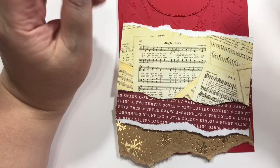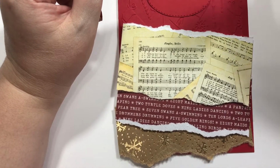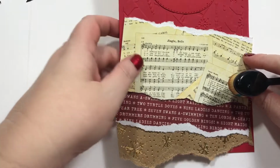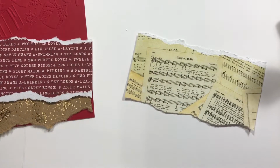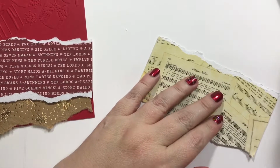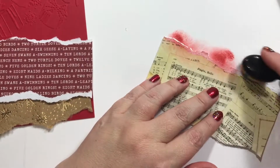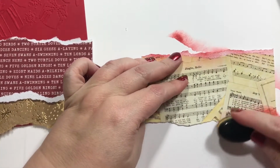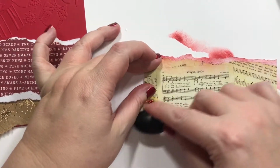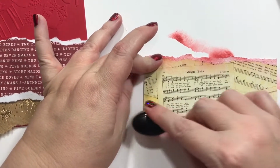All right, so I've already been working on these cards, and I just thought about turning on the camera. So I've been kind of laying everything out, and I'm going to do black or red. Let's do some of both. I'm just going to go along the edges here, and I'm using some of this little Christmas Carol type paper. You see it says Jingle Bells, and there's a bunch of different ones, but